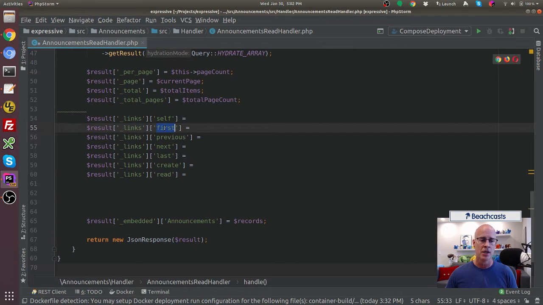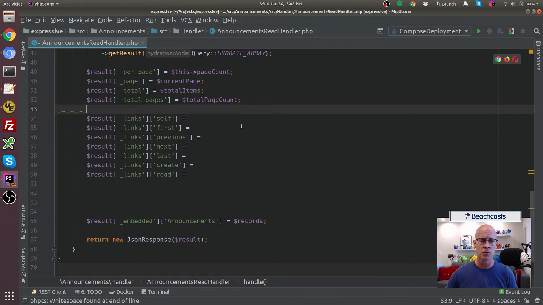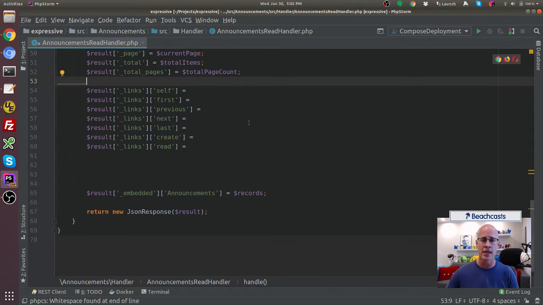And then we have, if I wanted to get the first page, the previous page, next page, last page, and if I wanted to create an additional record, or if I wanted to read all the records, how do I do that? And that's what these links are for. And these links will be populated inside the result set. And how we do that is